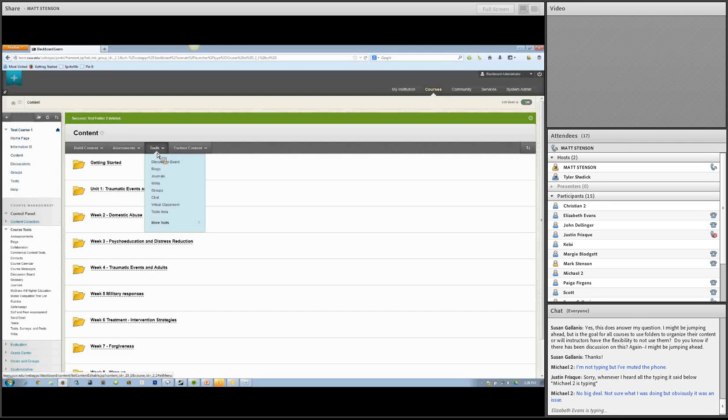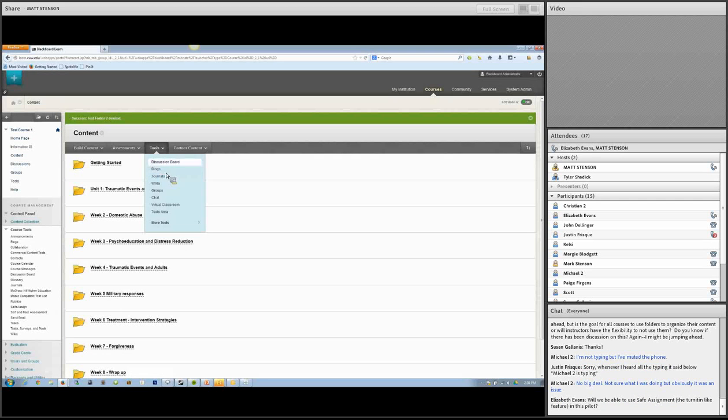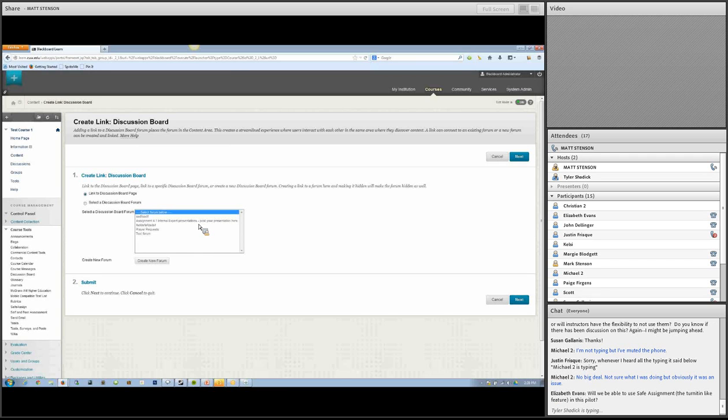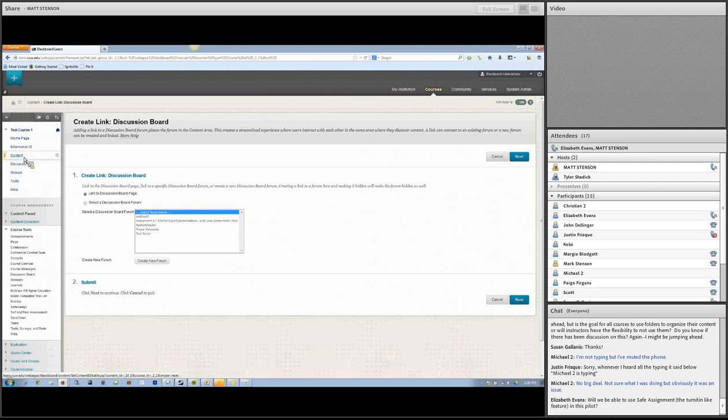What you'll notice is when I click on tools here and then go to, say, create a discussion board, it's going to take me to this create link tool, because the discussion tool is actually separate from the content area. I'm hoping I'm not going too fast here for everyone, but you'll see over here that course tools are over here, and these tools are separate from the content area where we're actually adding